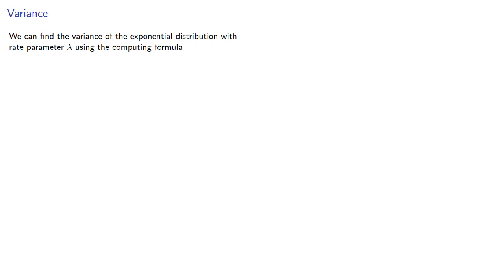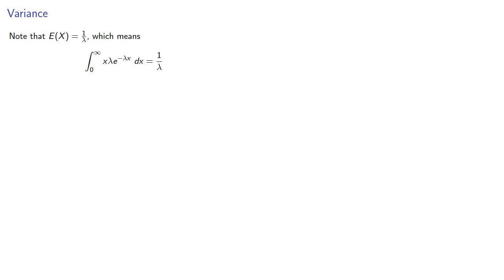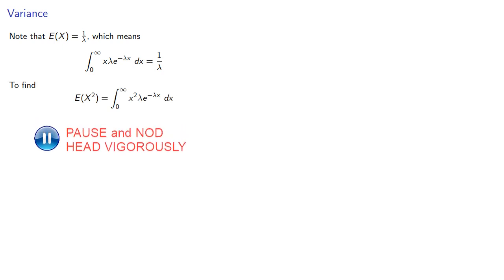We can find the variance of the exponential distribution with rate parameter lambda using the computing formula, and we found that E of X is 1 over lambda. Now it's worth pointing out that since we found the expected value of X is 1 over lambda, this actually corresponds to the value of the improper integral. So to find the variance, we need the expected value of X squared, which we can set up as,